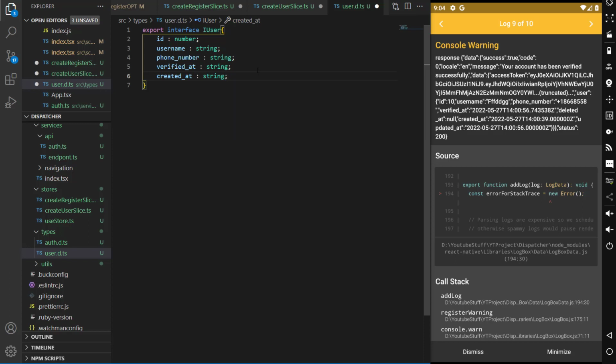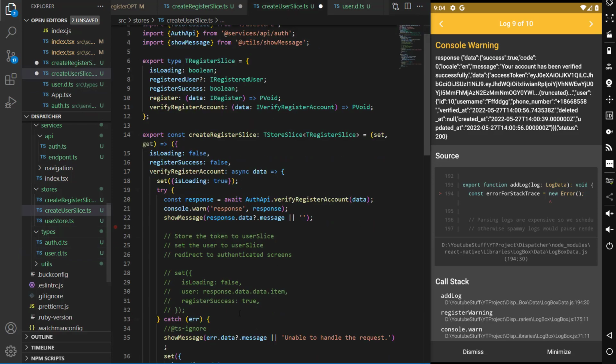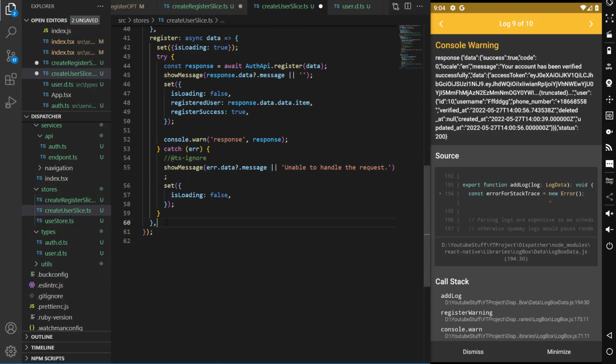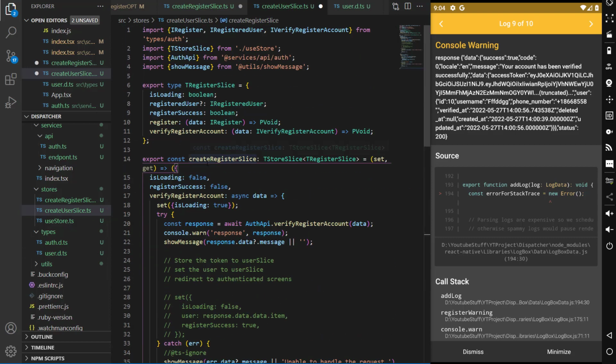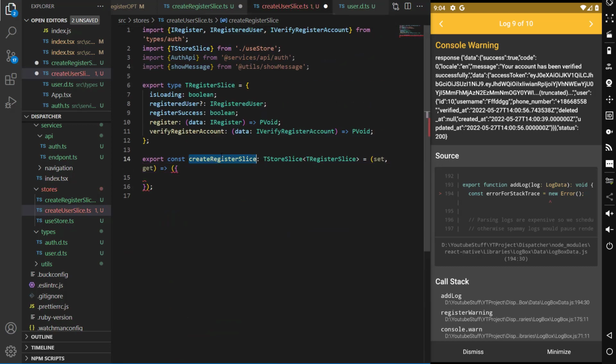Alright, this one should be enough, and then after this, in user slice, I'm gonna remove all this first. Okay, this one should be createUserSlice,